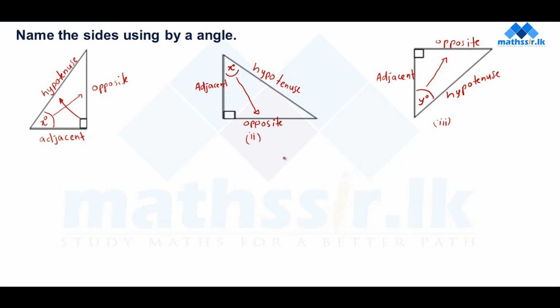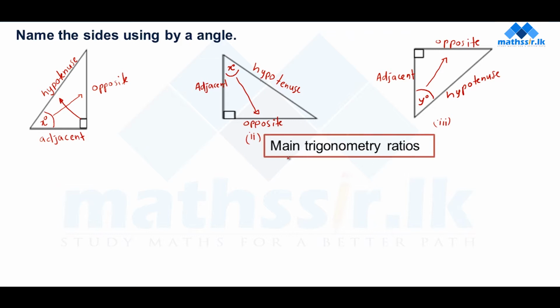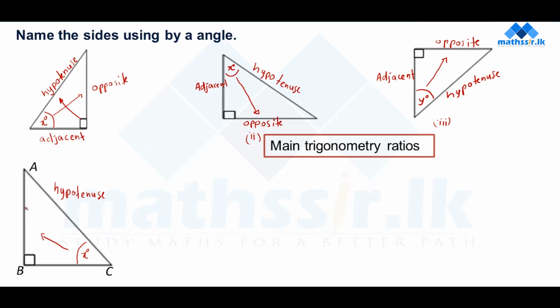Now we learn the three main trigonometric ratios. Consider the right angle triangle ABC. Angle C, I'll take x. Considering the angle x, AC is the hypotenuse. Opposite of x, you know what's the name? Opposite side. BC is adjacent. Considering this x,